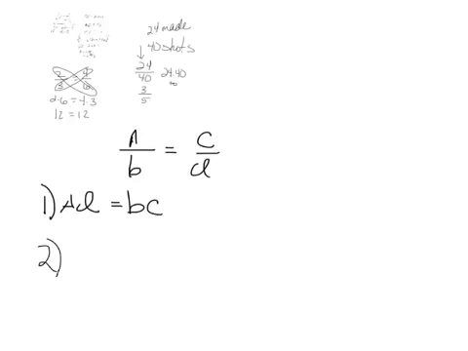Number 2, the second rule is the reciprocal property. This is one of the handiest rules that I know. The reason this is a handy rule is how many of you do not like your x's or your variables being in the denominator rather than in the numerator? Yeah, me too. I'm glad we all didn't raise our hands. All right. So if I have A over B equals C over D, what I can do with that